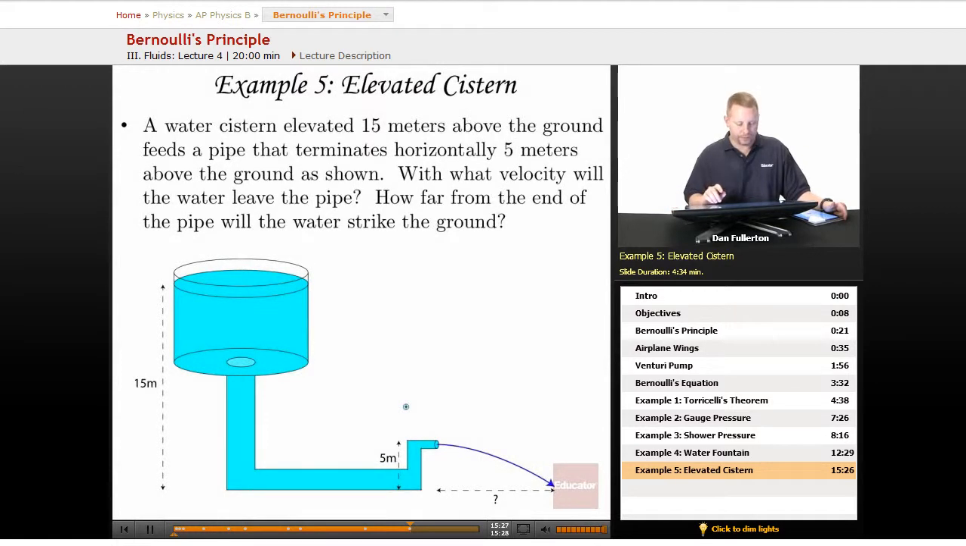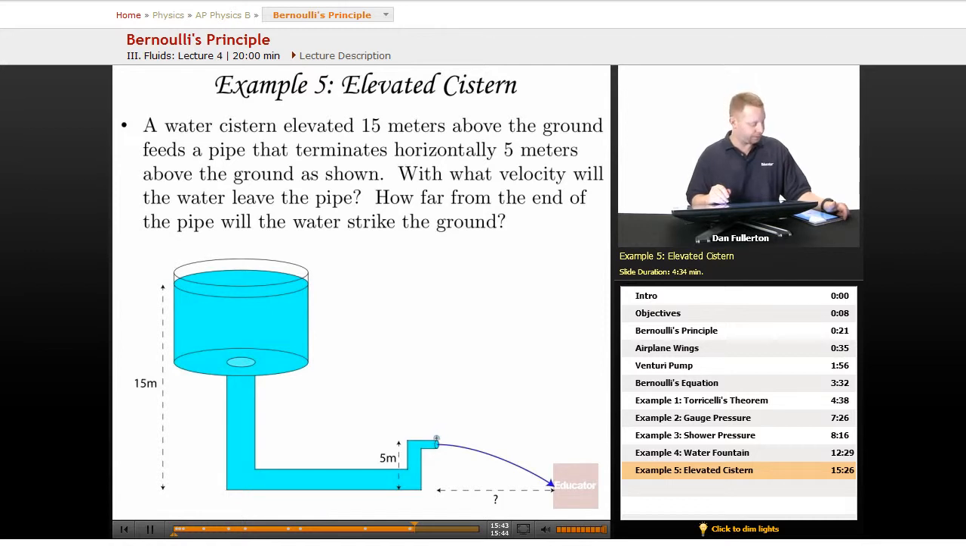At one more, an elevated cistern problem. We've got a water cistern that's elevated 15 meters above the ground, and it feeds a pipe that terminates horizontally 5 meters above the ground as shown. With what velocity will the water leave the pipe, and how far from the end of the pipe will the